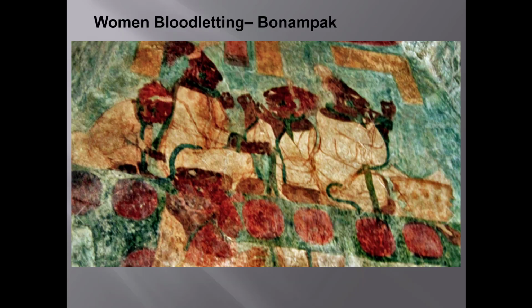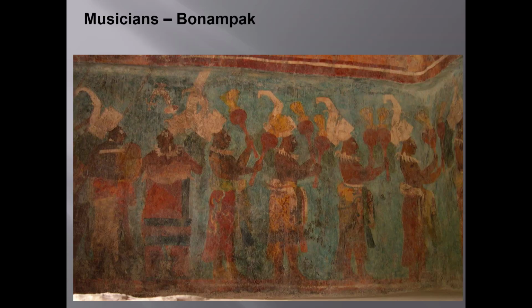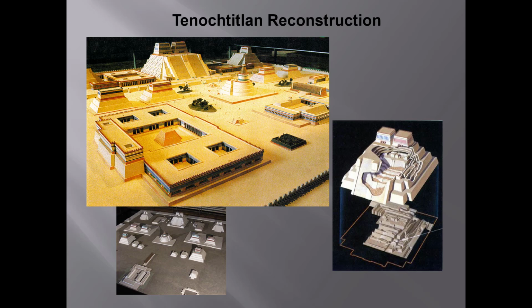Women of the royal family also performed these rituals. This carved image is part of a grouping with our required image. Our required image shows the vision the queen has after the bloodletting. Note that Maya carved murals combined writing and images. And just to show you the Maya culture wasn't all about ball games and blood, here is a mural depicting musicians. We're skipping over several important Mesoamerican cultures and come to the Aztecs.